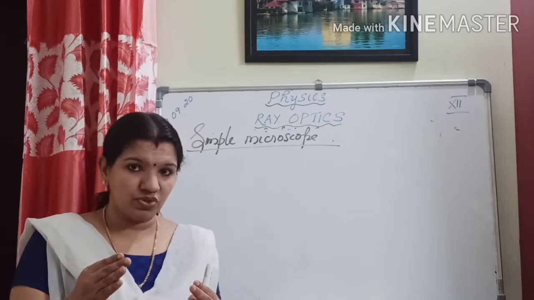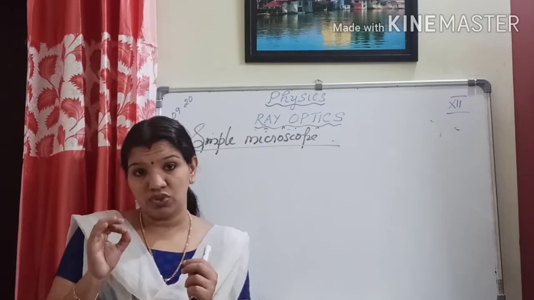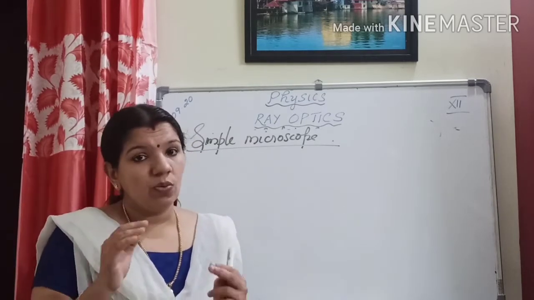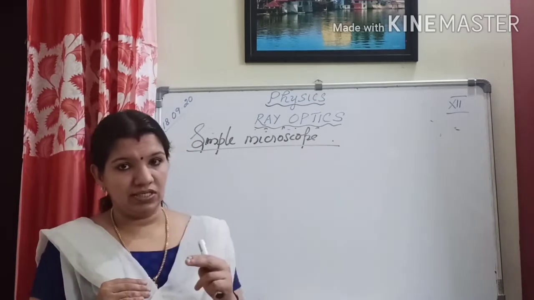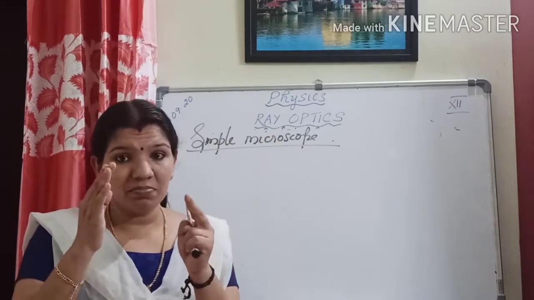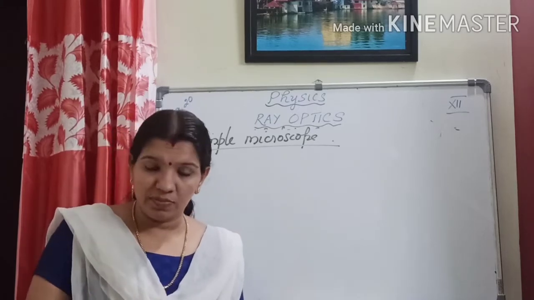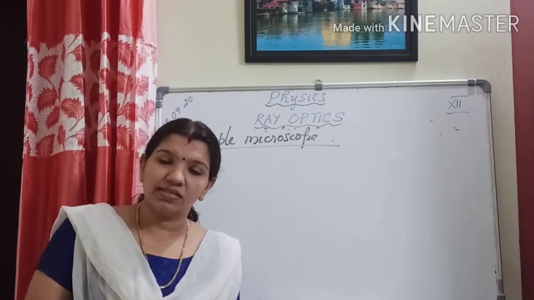That case you have to study. In that case, what is the expression for magnification? That you have to check. Then second case is when the image is formed at infinity. At a long distance, when the image is formed at infinity, you are getting minimum magnification. In such a case, you can say it has a normal adjustment position or for relaxed eye.